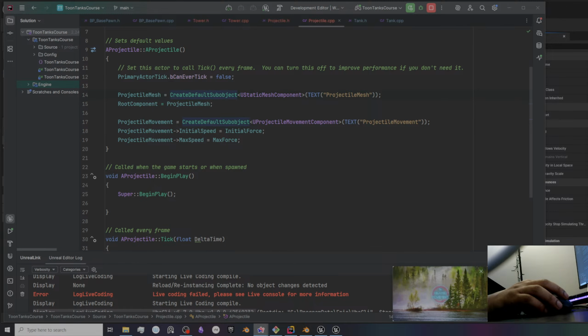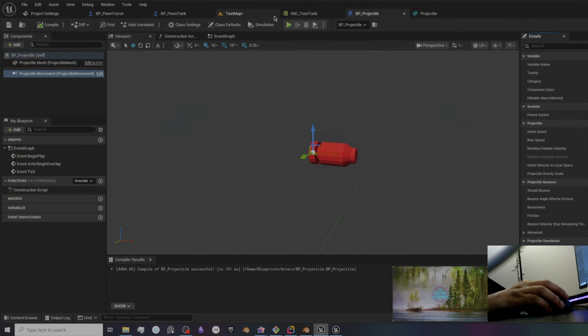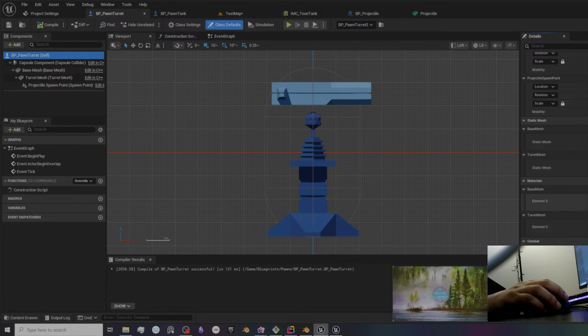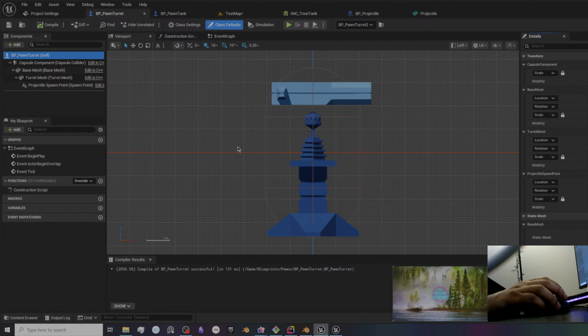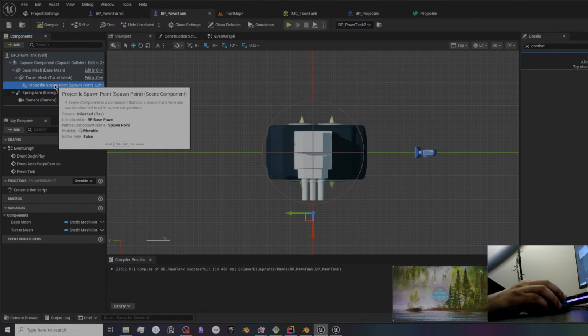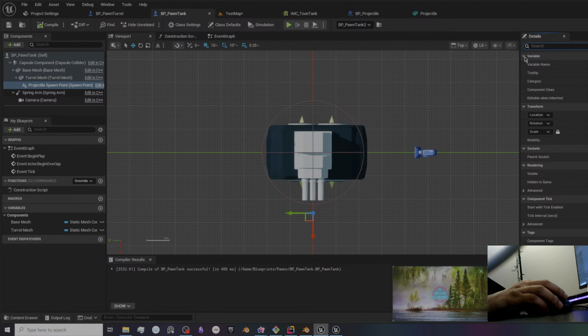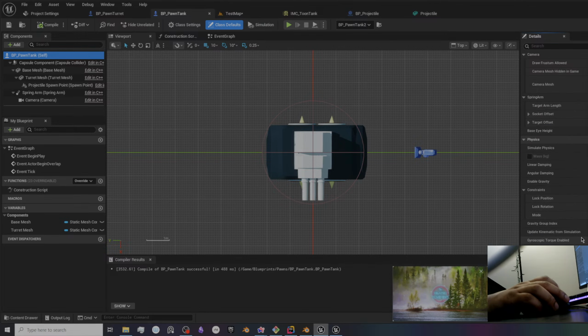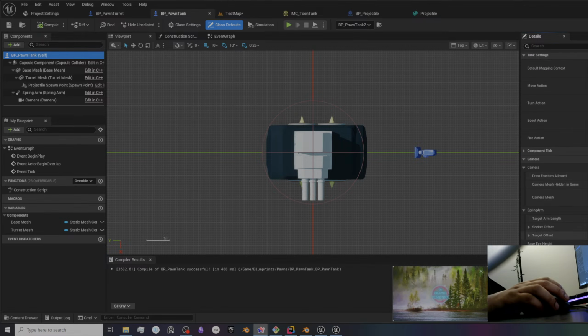So let's go ahead and go into pawns, and BP pawn turret and open full blueprint editor, and we placed the projectile class